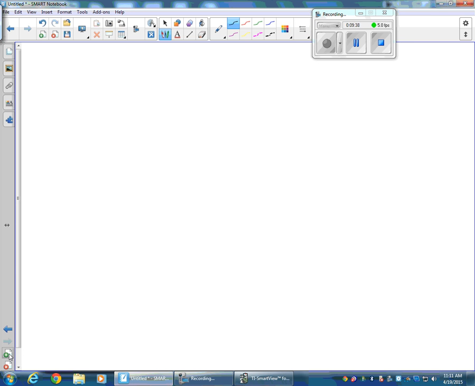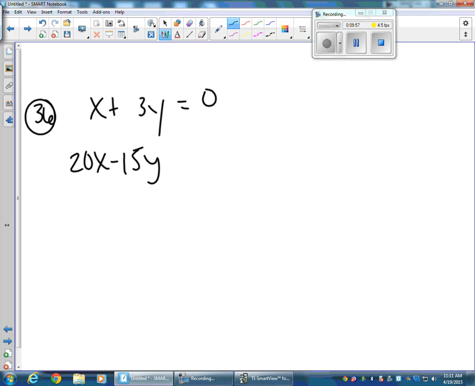Alright, the last way to solve, and probably the way that I prefer, is what is called the elimination method. So with the elimination method, let me pick one that's a little bit tougher. Problem 36 is x plus 3y equals 0, and none of these are really tough. I just wanted one where we had to actually find a way